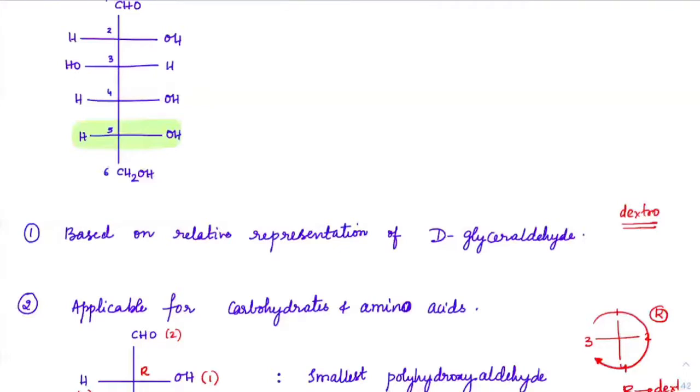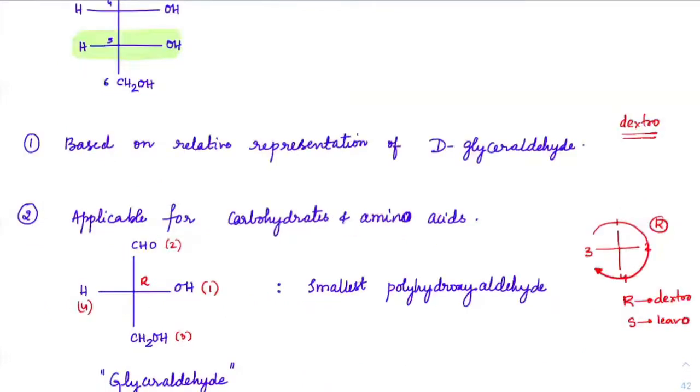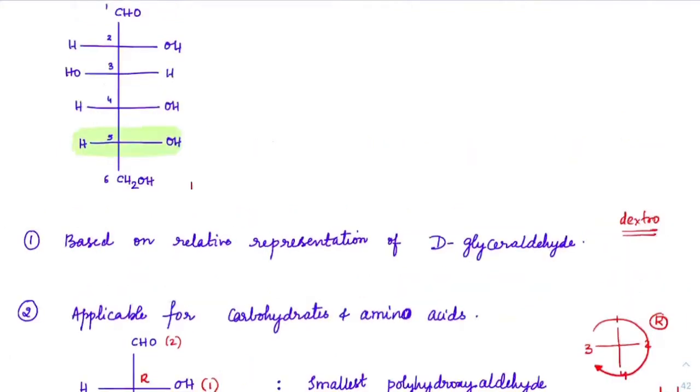Understood, everybody? And which type of glyceraldehyde was it? It was a dextro rotating glyceraldehyde, right? So this glyceraldehyde is dextro rotatory. Clear? So we take this as the reference and we call this molecule capital D glucose. This capital D comes with the reference of glyceraldehyde, and it has nothing to do with the optical rotation of glucose, because glucose has 4 chiral centers. Optically it may go left or right, we don't know. Understood? But this capital D is coming from the reference of glyceraldehyde.